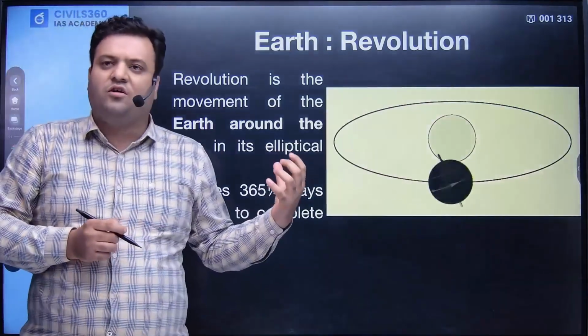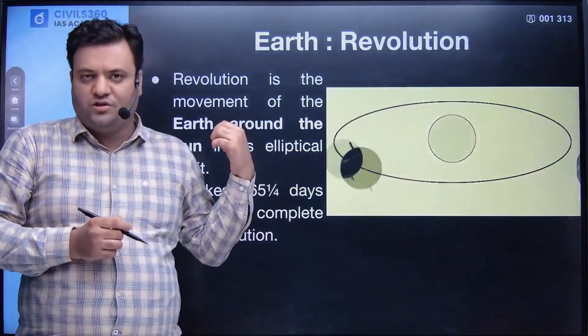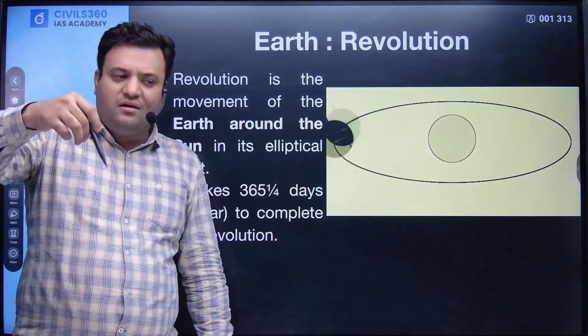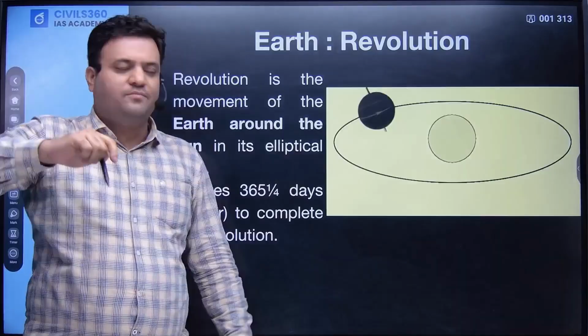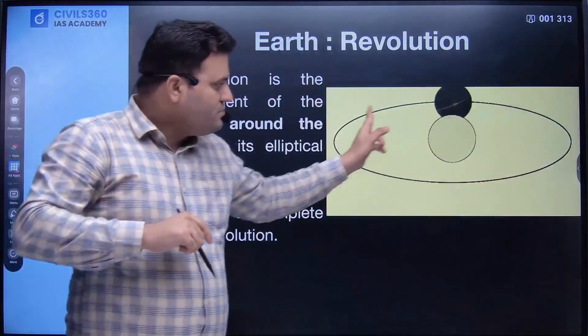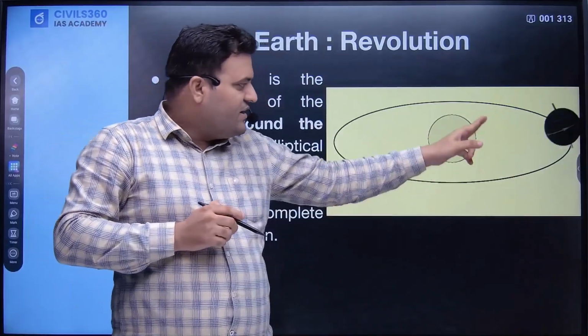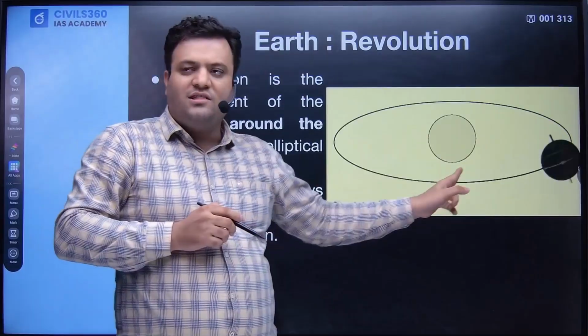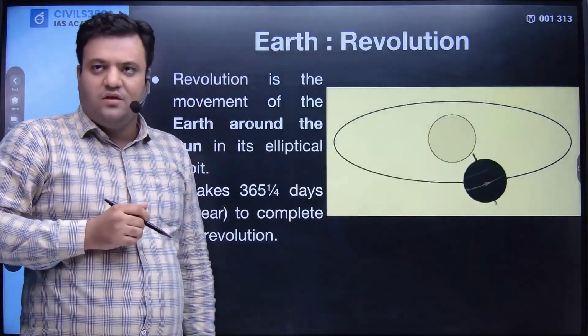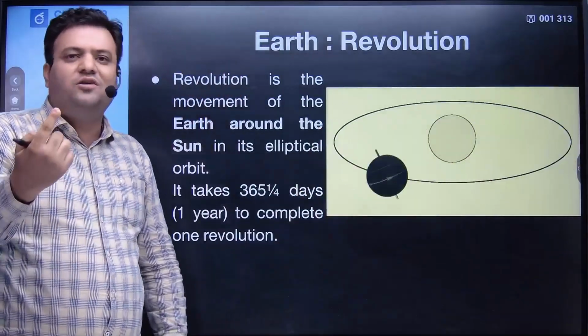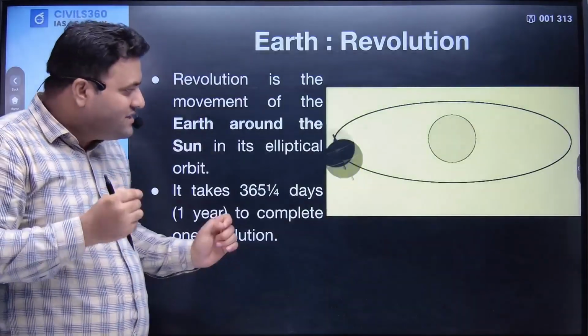Another part or motion of our earth is revolution. While rotating, our earth keeps on revolving around the sun in this way. So there is a rotation, with a direction from west to east, and while rotating, earth is also revolving around the sun. So revolution is basically the movement of earth around the sun, and that too in an elliptical